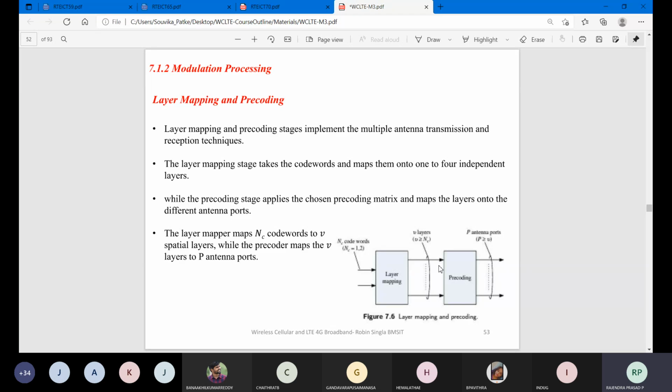Which is again with respect to the power representation of that one. So if I'm having data, whether it will carry that information to the destination or not should also be checked. If it is not able to carry that, whether the modulation process is still required or not. So you can see here the waveform, layer mapping and pre-coding. Here you can observe the HC code words, where HC equals 1 or 2 bits. So two inputs can be presented here.